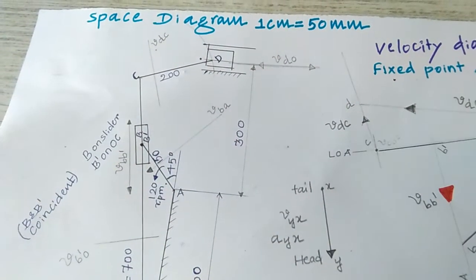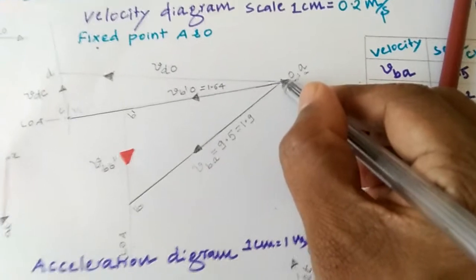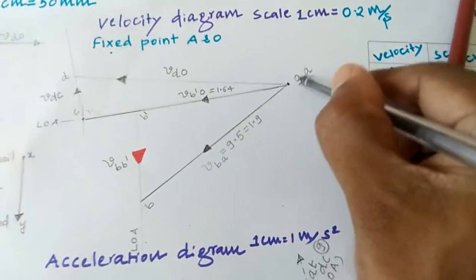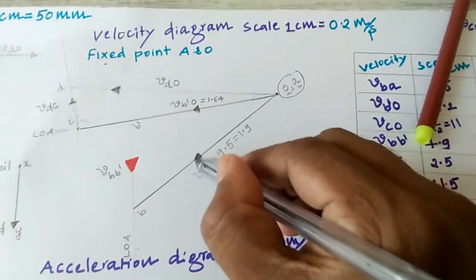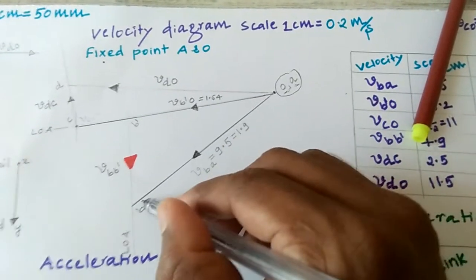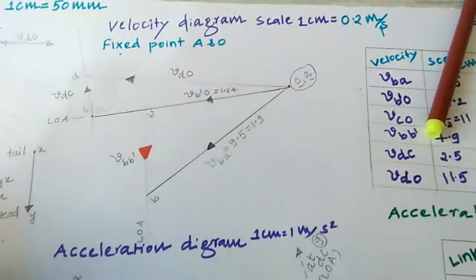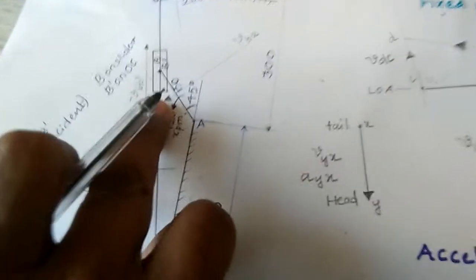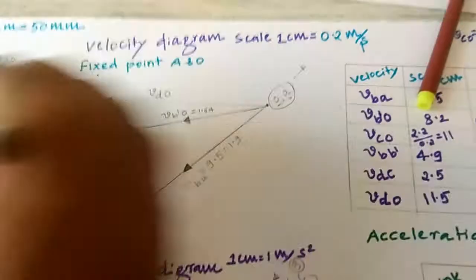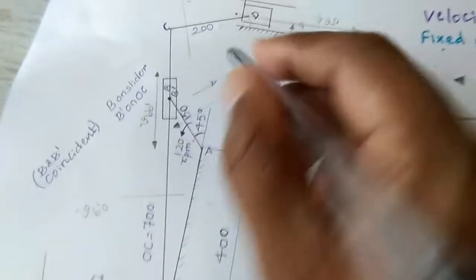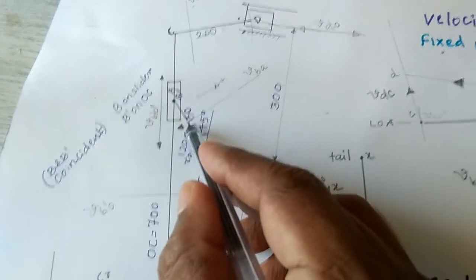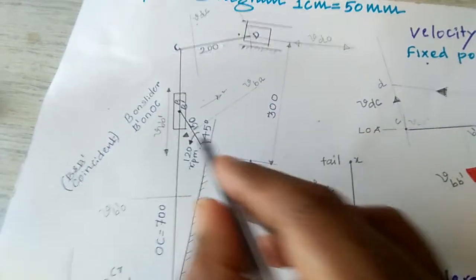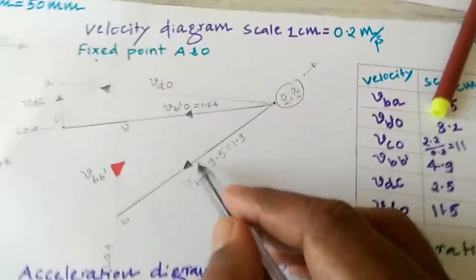You have to take a downward direction in the velocity diagram. Downward direction with respect to what? The fixed points, A and O. You have to take it as a downward direction with respect to the fixed point, because I have shown it as a downward direction in the space diagram. Don't draw it this way because it is not clockwise. When it is clockwise, you have to take this one. Because this is anti-clockwise, you have to take it as a downward direction. In the velocity diagram, it comes as downward.